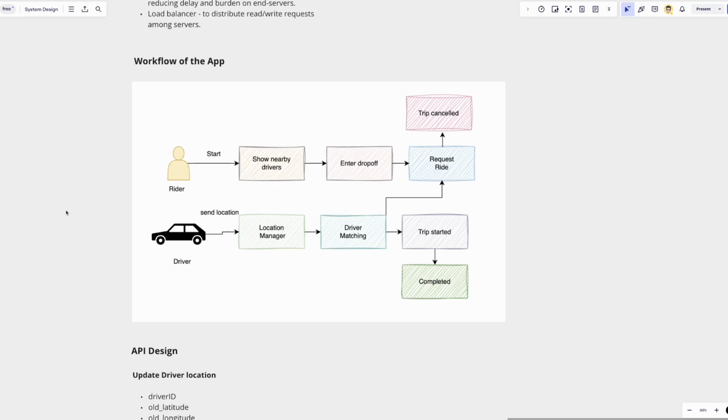So the way it would work is, driver comes online first. They send their location to location manager. Yeah, that's it. Now rider comes and opens the app. They call an endpoint saying, "Hey, show me nearby drivers," and obviously I enter the drop off location also. So I have a ride matching service which basically calls location manager, and then it will send that okay, this driver is ready to